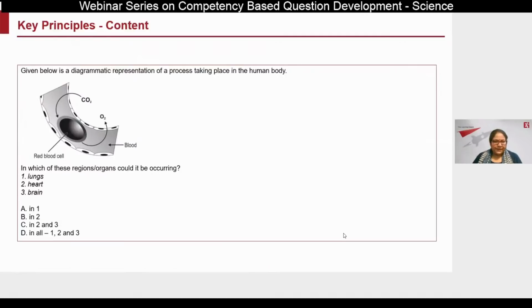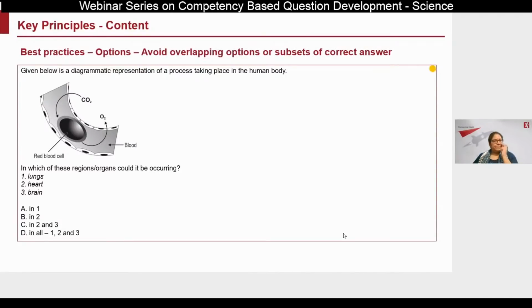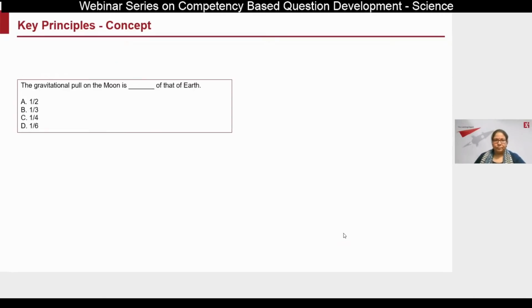I'm going to skip a couple of examples. This is also a subset thing like the DNA example that I shared. What is happening here is there is more than one correct answer, because the answers are subsets of each other for the situation given. So unless there is one clear correct answer and all 3 other answers, or what we call distractors, are completely wrong, the insights coming from the question would not be reliable, and the question would become invalid.